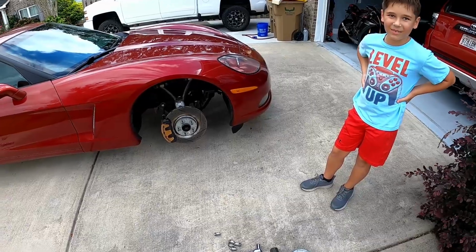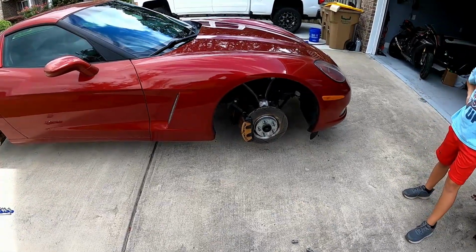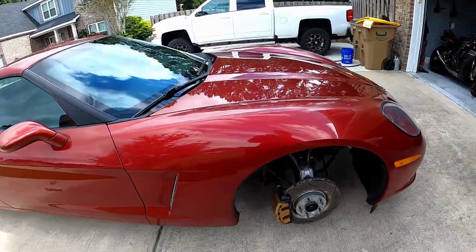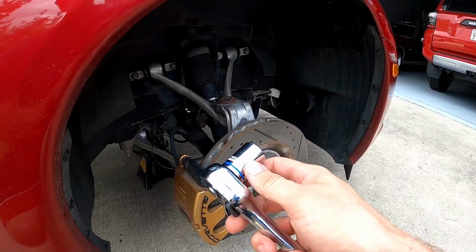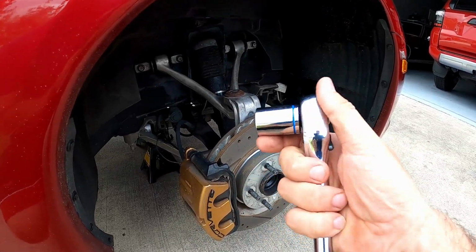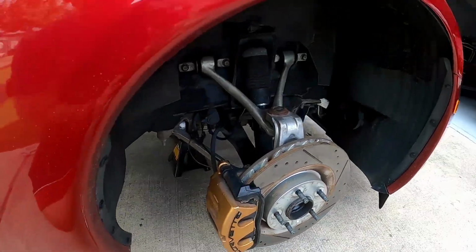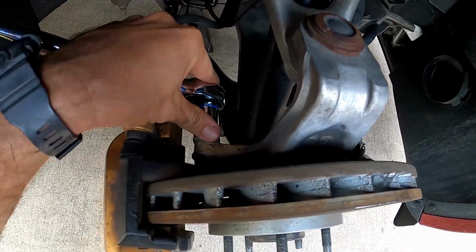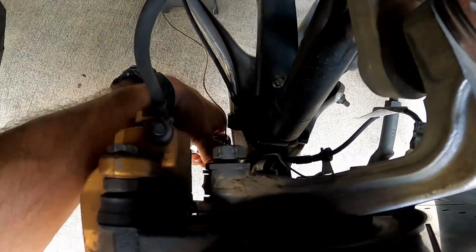All right, so what's the first step? Take the wheels off? Yeah, we'll lift the car, take the wheels off. That's what you're going to have to do to start this process. Once you've done that, the next thing you're going to need is a 21 millimeter socket and ratchet, or you could probably use a 21 millimeter wrench if you don't have a socket. These two bolts in the back here, this one right here and the one down below here,